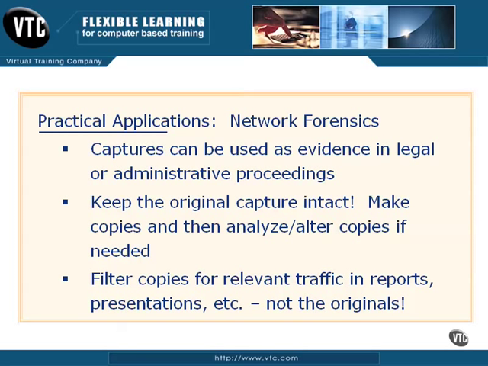You need to make copies of it, and it would help a lot in the forensics process if you did an MD5 sum or a SHA-1 sum of those captures so you can prove that the copy is identical to the original. You make the copies, make sure that they're identical, and then you analyze or alter the copies if you need to. You never touch the